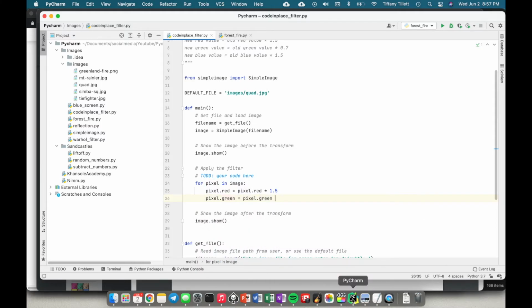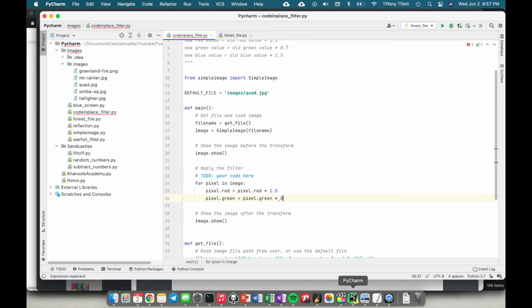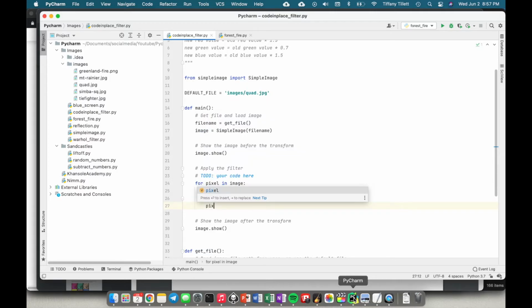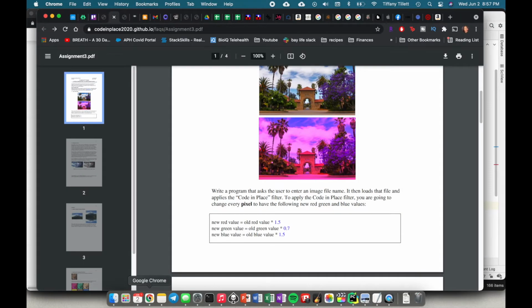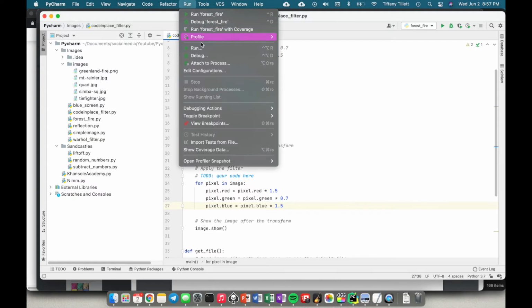pixel.green times 0.7. And then we have pixel.blue equals pixel.blue times 1.5. I'm pretty sure that's all I need to do. So I'm going to save this and I'm going to run it. So we go to run,